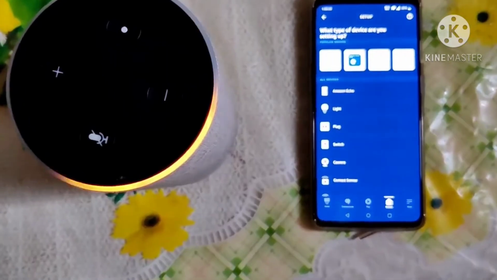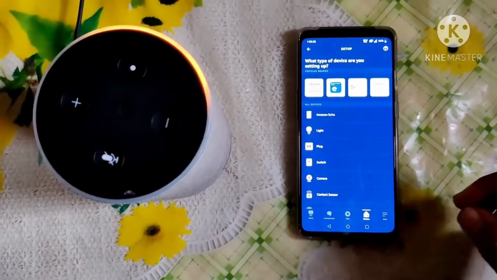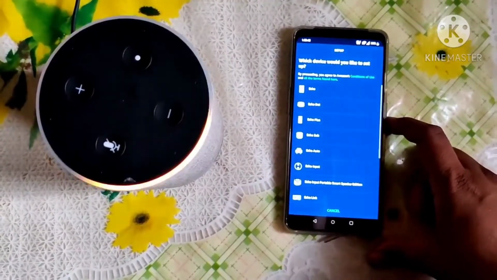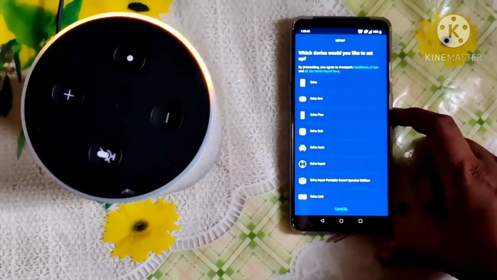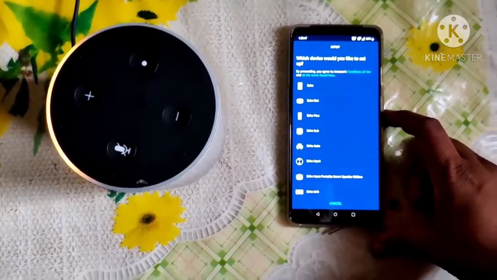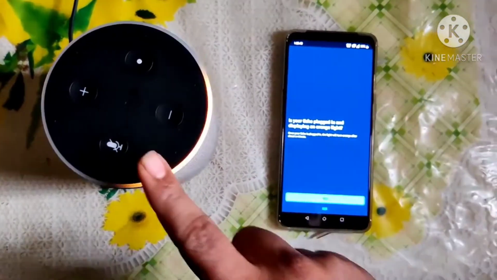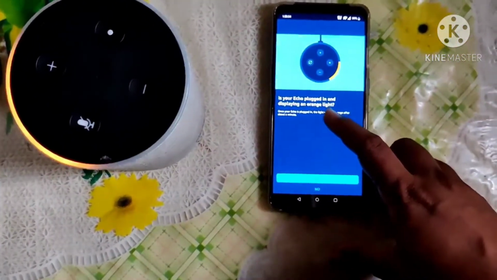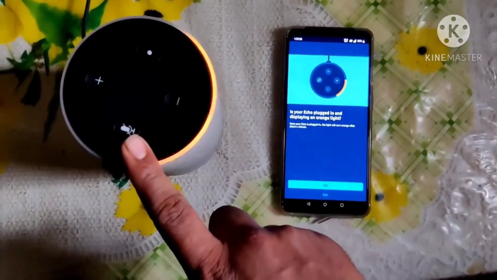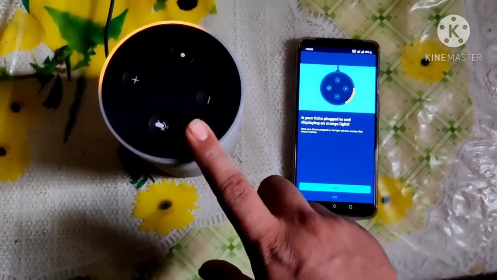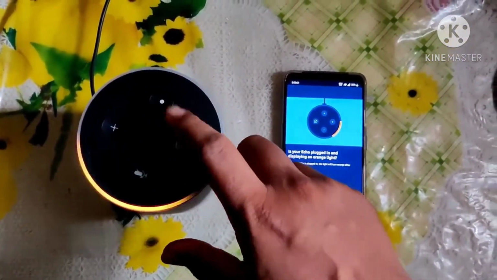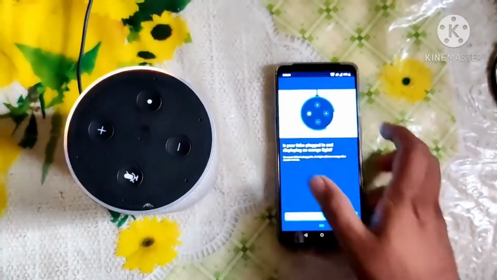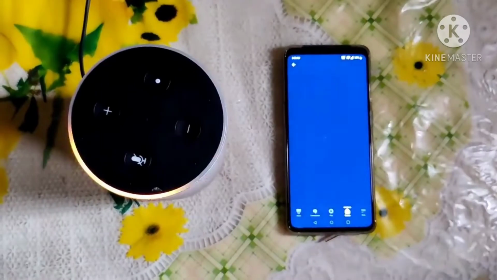Now it will ask you what is the type of the device you want to add. I will say Amazon Echo because this is an Echo device, so I'll select Amazon Echo. After you select, it will ask you which type of Echo, whether it's Echo, Echo Dot or Echo Plus. So I'll select Echo because this device is Echo. So now it is asking whether your Echo device is plugged in and there's orange light. Yes, you can see the orange light is there. If the orange light is not coming, you have to press and hold this home key for some time till that orange yellow light will come here. So now things are ready for setup, so I'll say yes, it is available in setup mode.